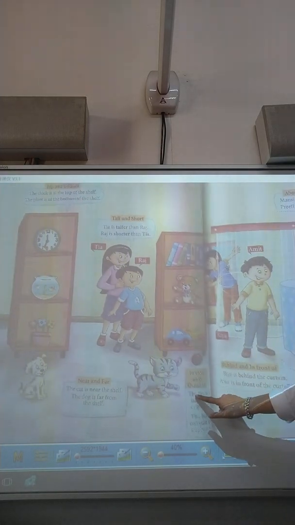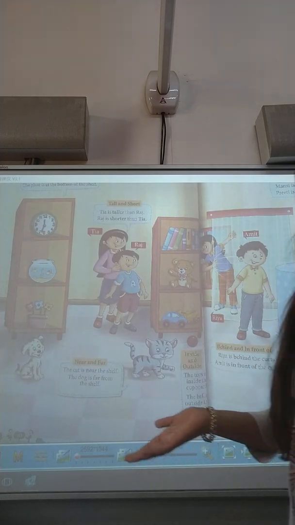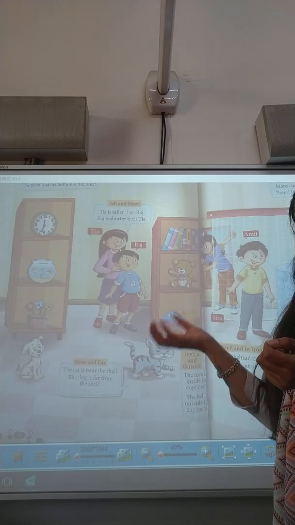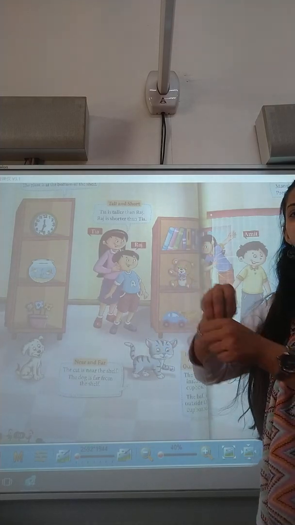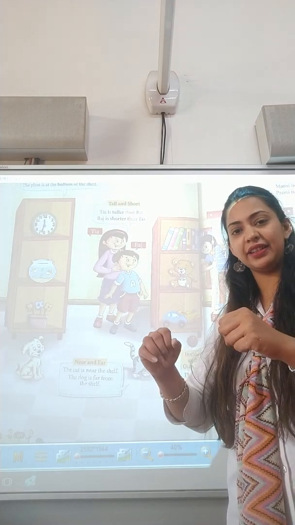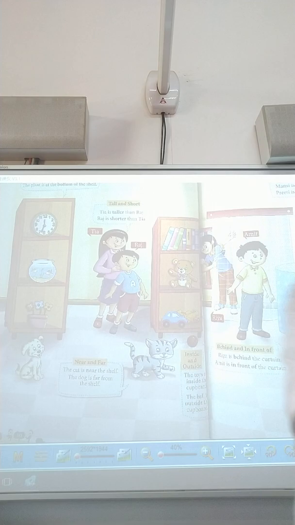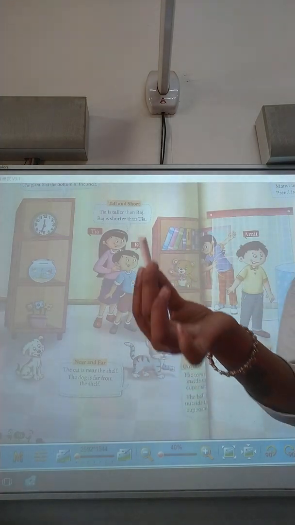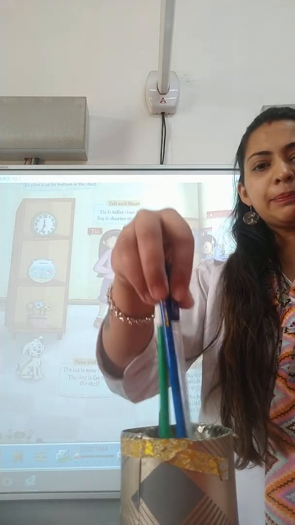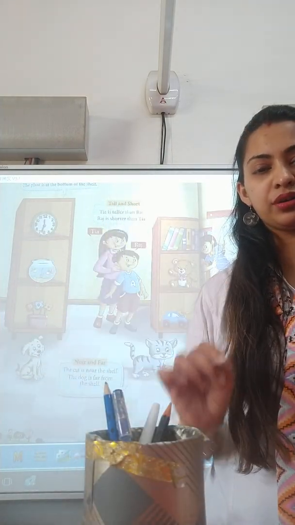Right? So the next one, inside and outside. What do you mean by inside and outside? Inside means जब कोई चीज, when we are talking about a thing and it is kept inside of something, किसी भी चीज के अंदर रखी होती है, at that time we say inside. And when something is kept outside, like this chalk is outside this box, whereas all these pencils, pens, sketch pens are inside the box.